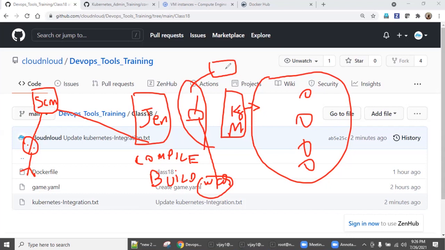Now the custom image is also available in hub.docker.com or whatever repository.